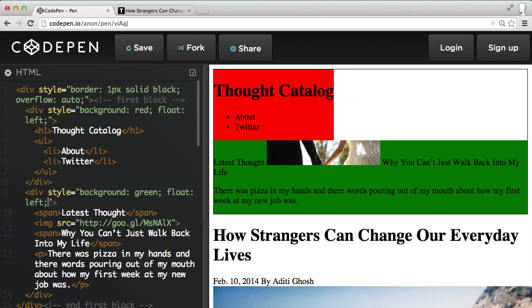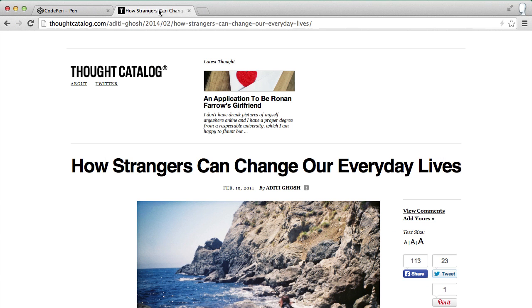So we have it already floating left, and you'll see that it takes up all of the space that it can. So this span tag and these paragraph tags, just because it's floated left doesn't mean that it gives it any kind of defined width. So if we switch tabs and we look at the finished page,